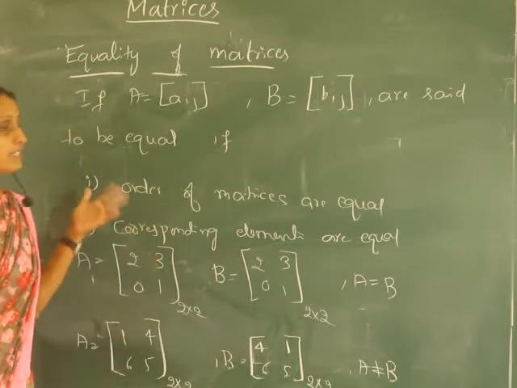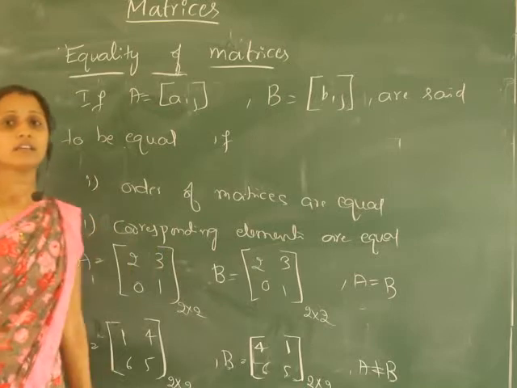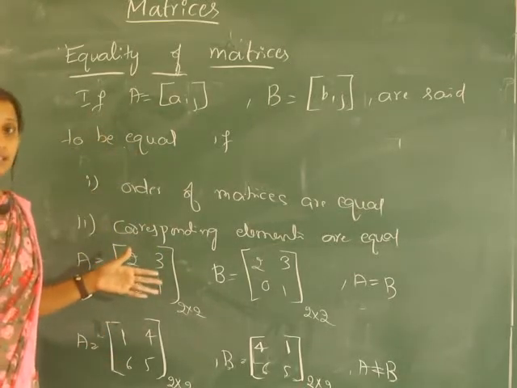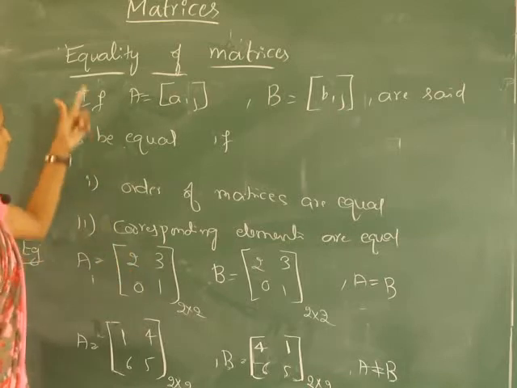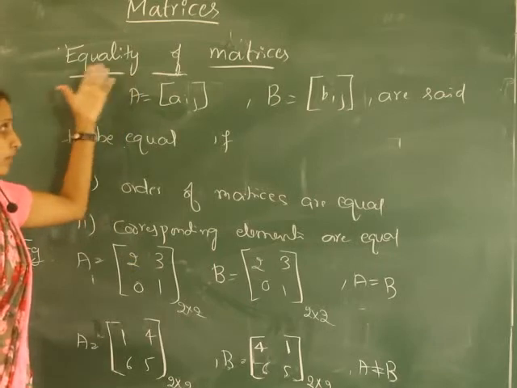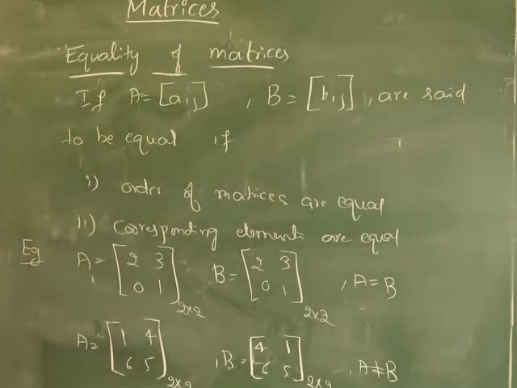So based on these types of matrices, by giving the Aij values, we can construct a matrix, and also check equality. By using this definition of equality of matrices, we will solve some problems based on that definition.